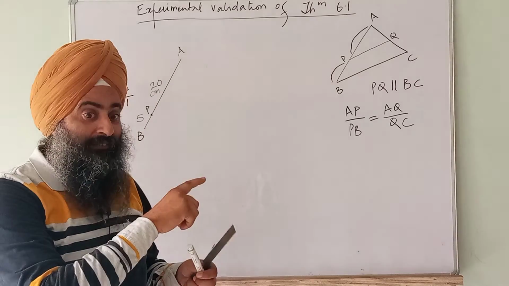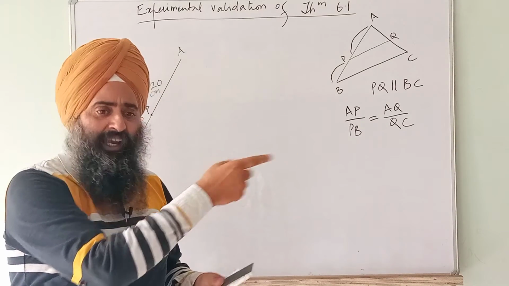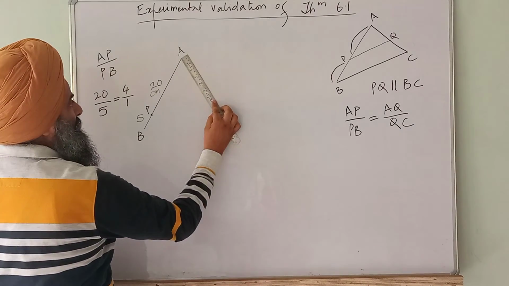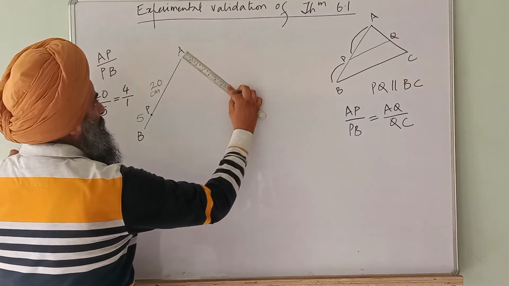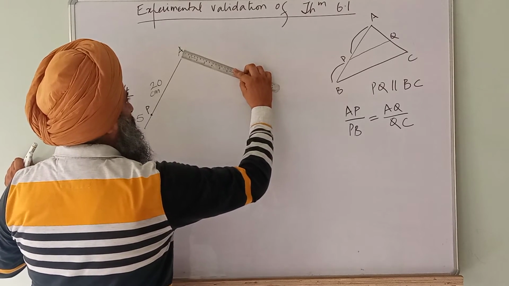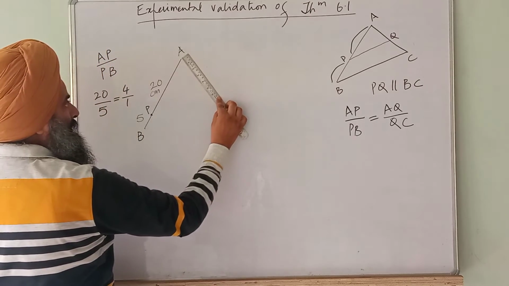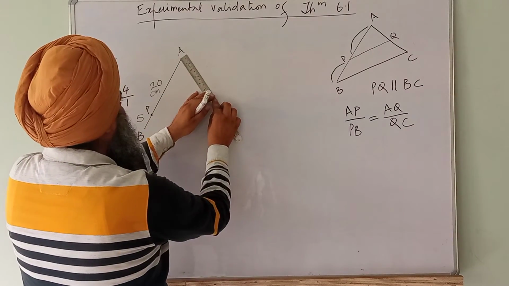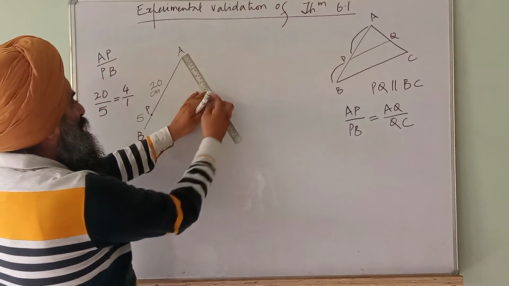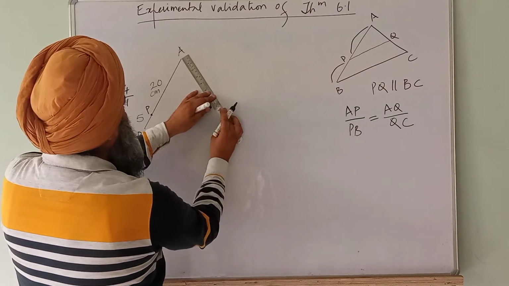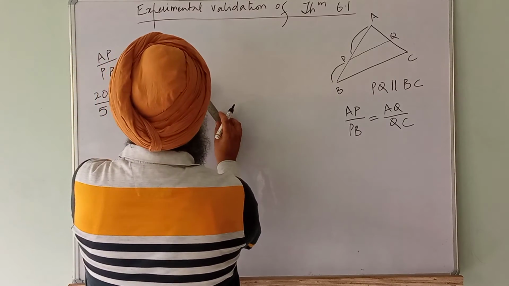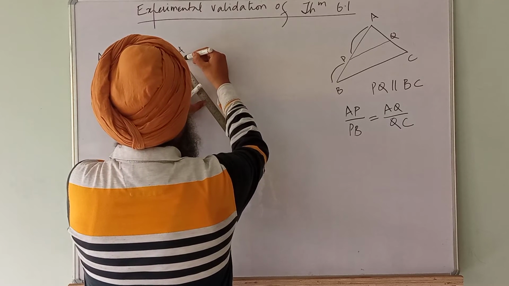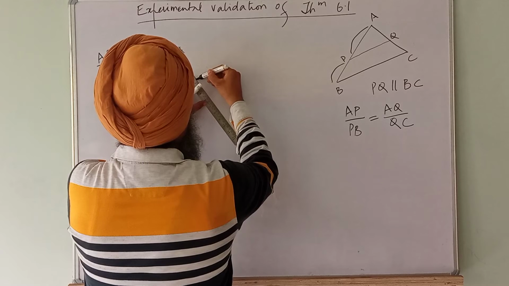Same ratio I will create on the other side. Any angle. You can take any angle. Okay? So let me take this angle, but I will maintain the same ratio 4:1. How? I will do 4:1. Okay, I will take 8 centimeter here,